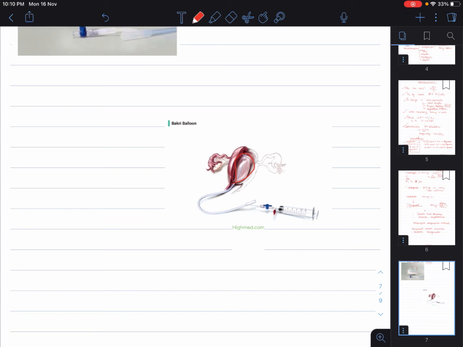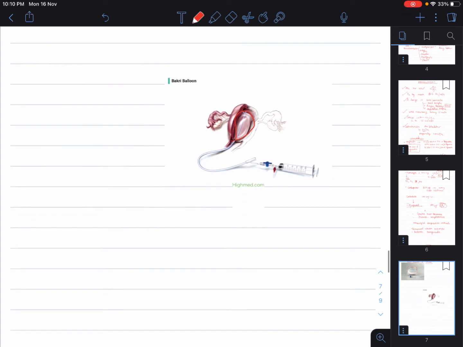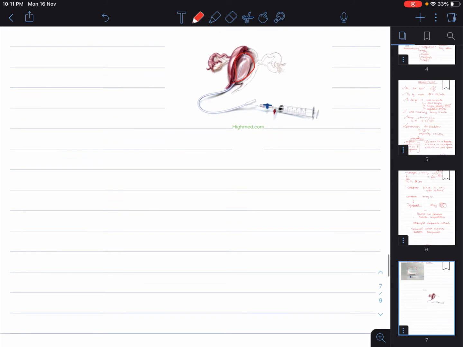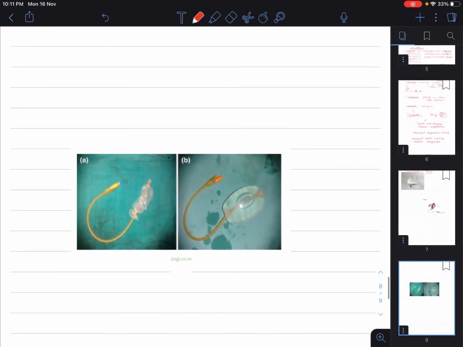But in a low resource setting we are not able to use this, because it is quite costly. In India it costs around 10,000 per piece, and that is quite expensive, so you don't get it in government supply. So what you'll do is you'll use a condom catheter. Now this is very useful and very economical. What we do is basically we take a Foley's catheter. So as we all know, there is a Foley's catheter, right? So we cut 2 rings out of it so that we have elastic rings made, right?